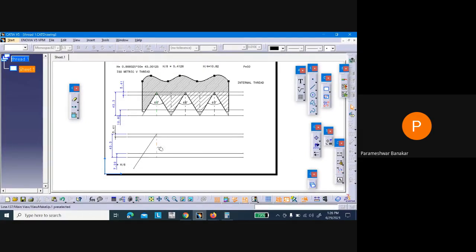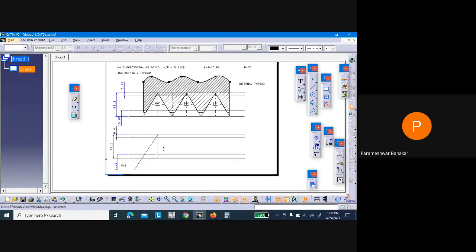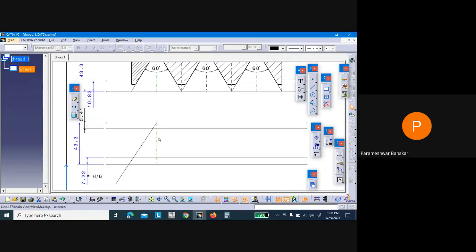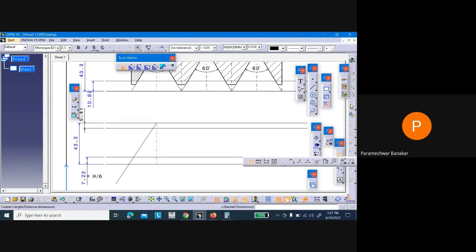First you fix this. Right button, select the line, line object, fix. So it will turn into green color. Now check the angle for 30 degree first, because we want 60 degree.